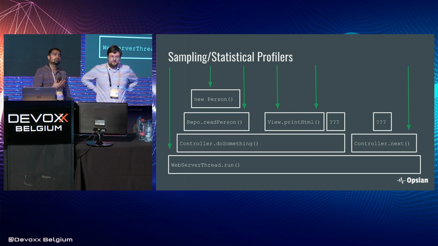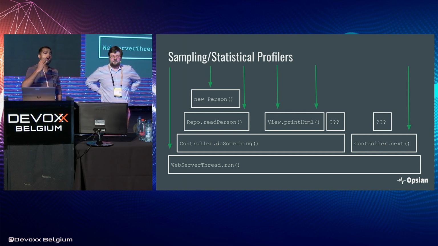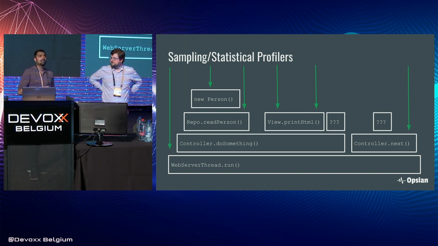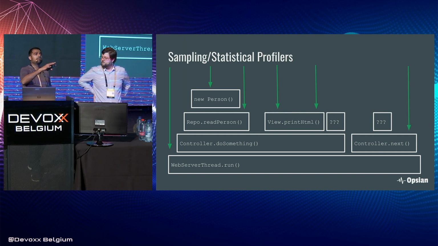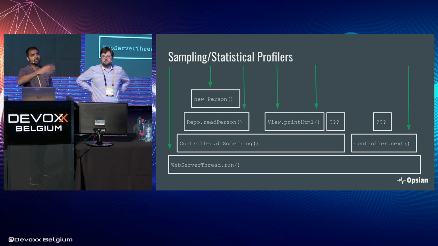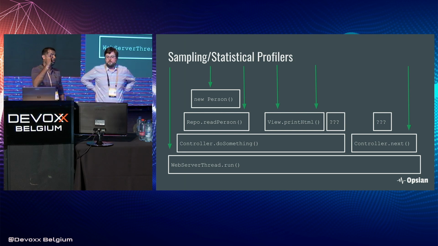So what sampling or statistical profilers do is that they stop the application periodically and they measure the resource of interest. So if we were measuring execution time, for example, we would say, all right, every 50 milliseconds, 100 milliseconds of CPU time being consumed by this application, let's stop it momentarily and work out where it is. We'll record that and we'll carry on going. And you could do that same thing for memory. We'll stop after so many allocations or so much memory allocated. You could do it with disk I/O or network I/O, what have you.